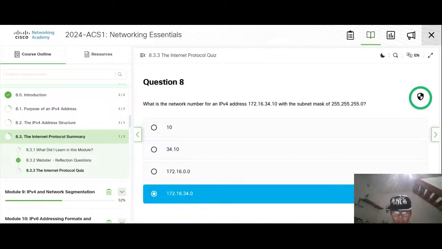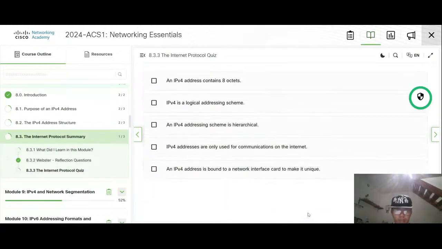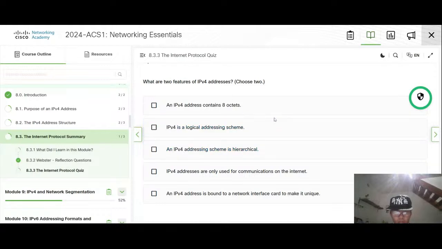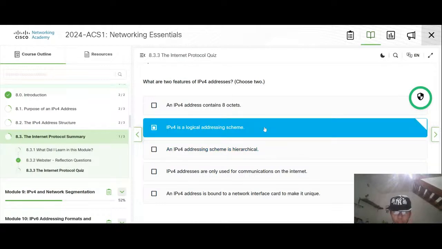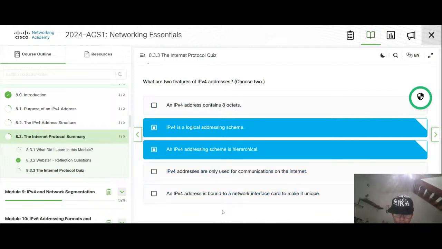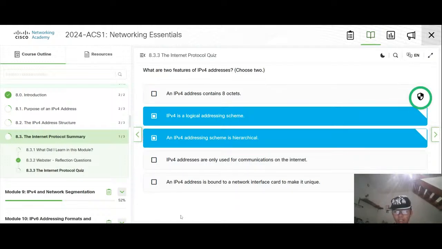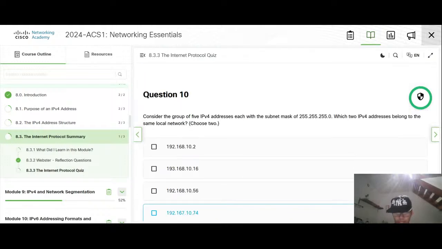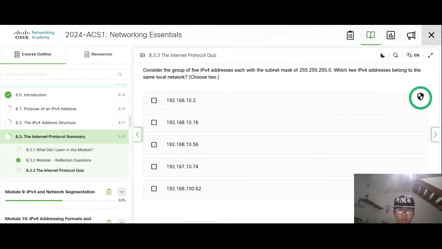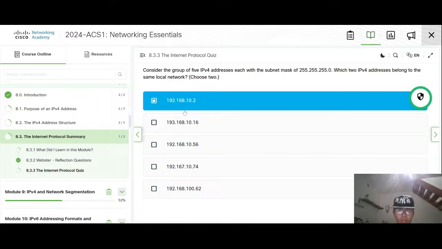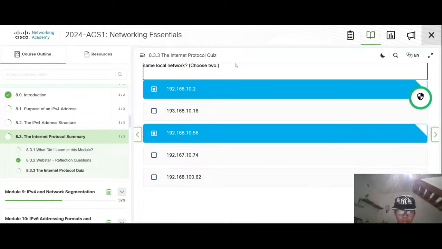Subnet mask. Okay. IPv4 address, this logical addressing scheme contains no hierarchy. Not this one. You cannot only connect on the internet. No, it's not really needed to be unique. It belongs together.